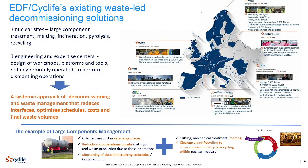So in that context, as I say, EDF Group has decided to develop, to promote, to use solution with that sustainable approach. We called it a waste-led decommissioning approach. And it is especially done through CycLife activities. On the map of the slide, you can see all the current activities of CycLife. Well, it's difficult to read, I think, but we have 3 nuclear sites in UK, in France, and in Sweden, with a large scope of treatment solution,